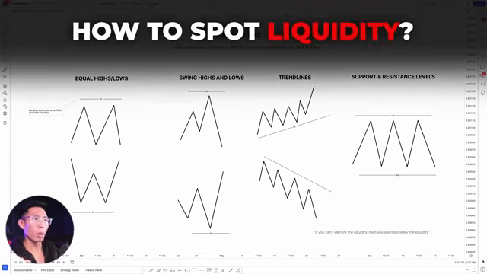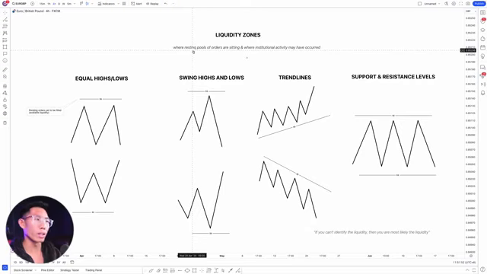And that is where the concept of liquidity zones comes in. So liquidity zones are basically where resting pools of orders are sitting and where institutional activity may have occurred. Like I said, our job as traders is to follow the footprints of the institutional traders, the big financial institutions, the smart money, because we understand that they are in charge of these huge moves. And in order for us to get in with those huge moves and trade with them rather than against them, we have to understand these liquidity zones and make sure that we identify them properly.